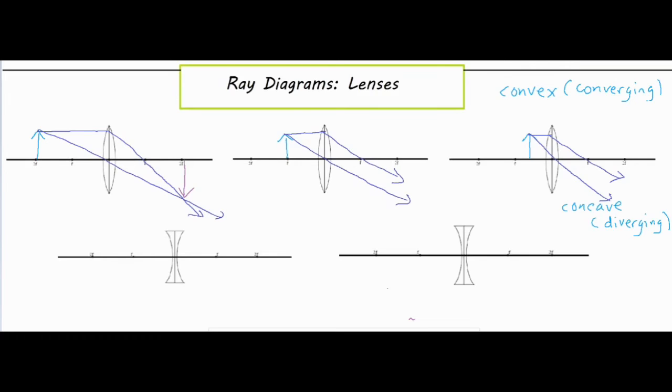As I said, we can always shoot a light ray right through the center of the lens. That's kind of our free light ray for our convex lenses and also our concave lenses. You can use that on each one of them. And then for all the rest of them, you send one straight and then through the focus. So I sent one straight and then converged it down through the focus. And we have an image that is real,